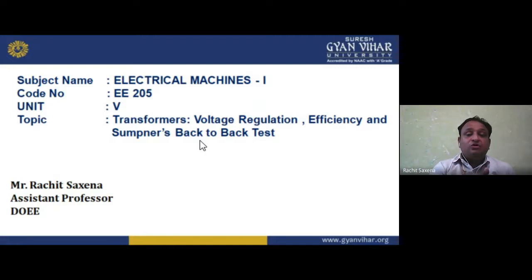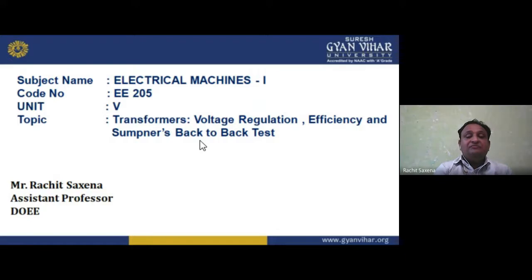But in unit number 4, we studied the specifications, or the working, of the generator and motor. We have different characteristics in the generator and different characteristics in the motor. We have studied all these. Then we have the speed control methods in the motor. In the generator we have the generated EMF, and in the motor there will be a torque. So we calculate torque in the motor and EMF in the generator.